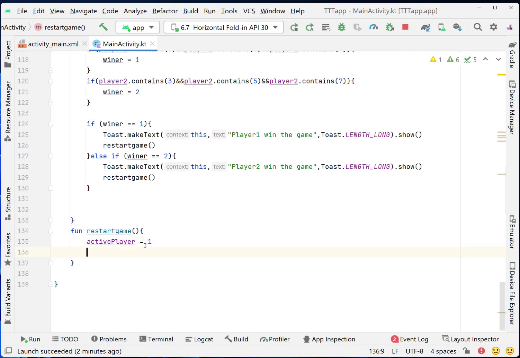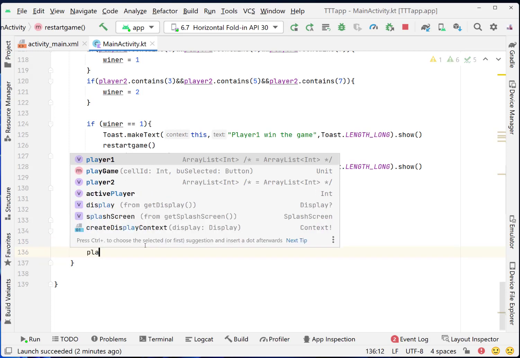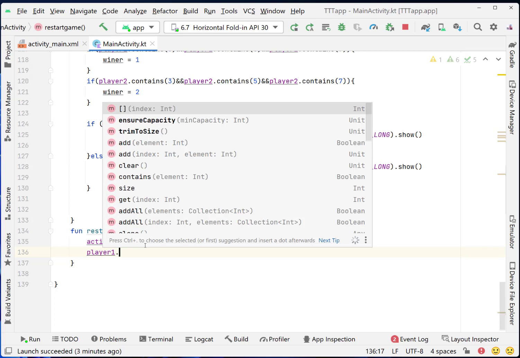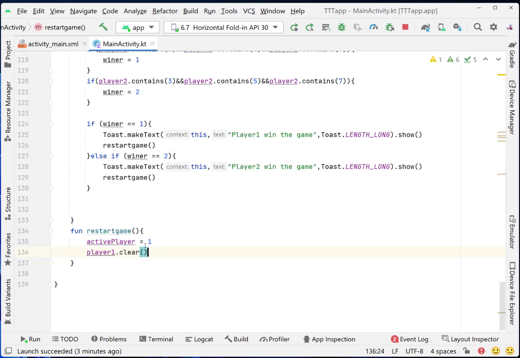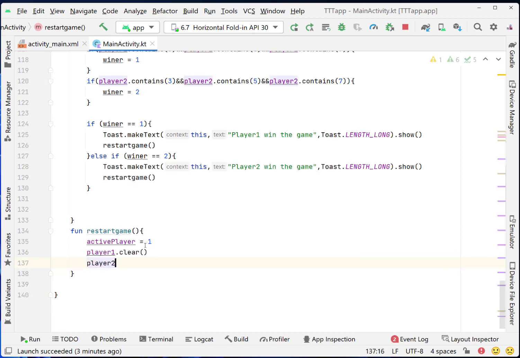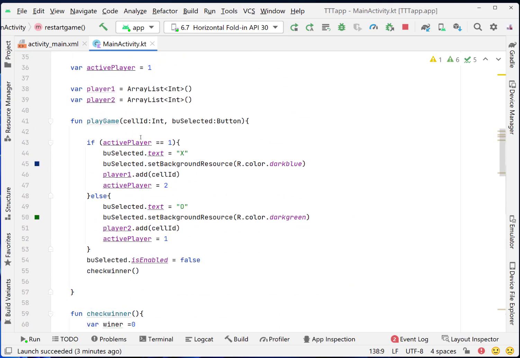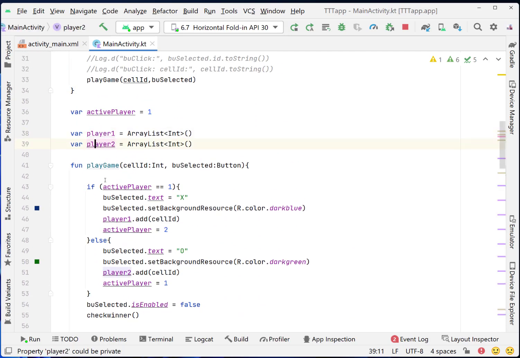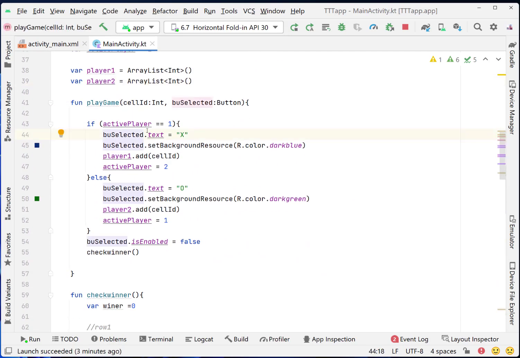It will be player 1 dot clear, which is a function to clear all variables inside it. Player 2 dot clear. Okay, as we do here, because we start with active player, then player 1, player 2. What we need to delete,